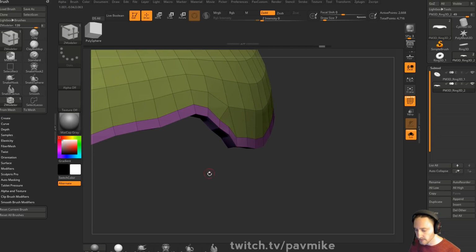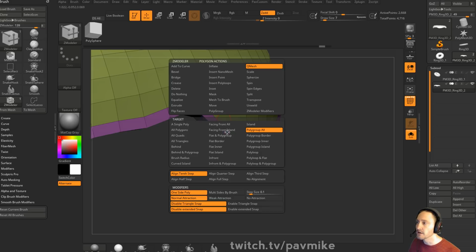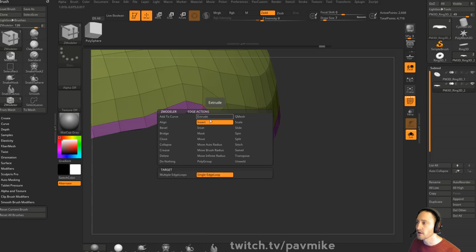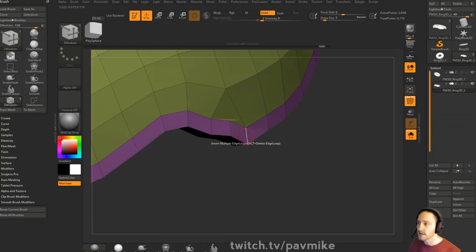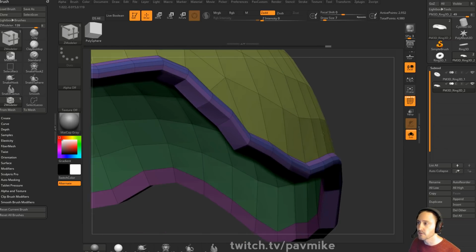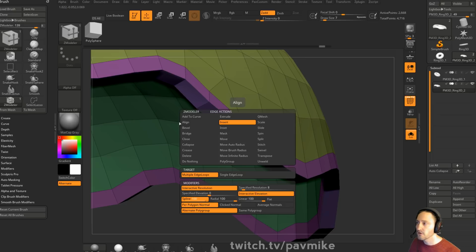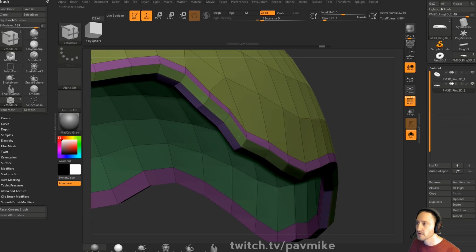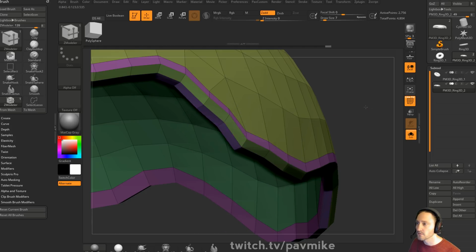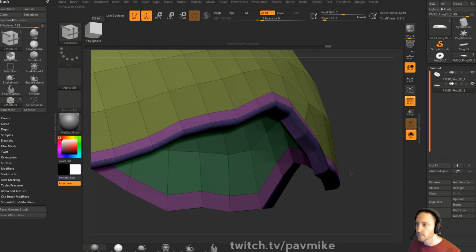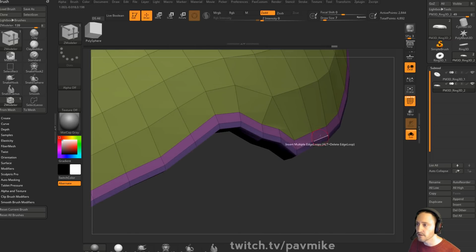And then if I want to put like a little ridge on here, oops, I can go to Insert Multiple Edge Loops, Interactive Elevation, and I can build in a little ridge here, or I can bevel this first, and then I can kind of build in. We'll go to Insert Multiple Edge Loops. I'll build in like a little bump here, so you can drag right and left and then up and down to change the resolution and the bump height,